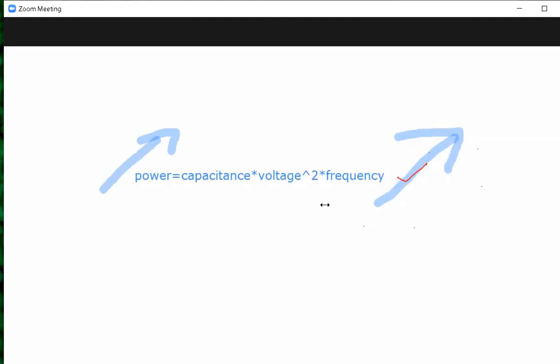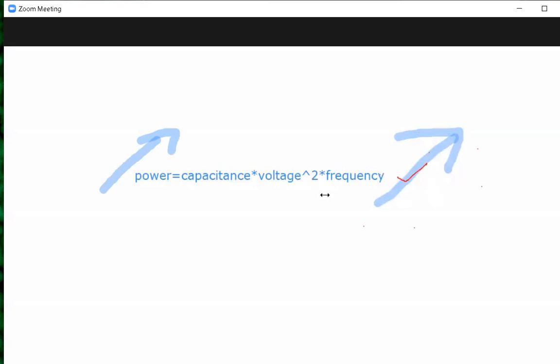So now, in the next class, we'll discuss how the frequency is related to computer performance and all. But as of now, you have to remember this equation: power equals capacitance times voltage square times frequency. As the frequency increases, power also increases. Because of power, it generates more heat, and the heat we cannot dissipate, so our laptop started burning.